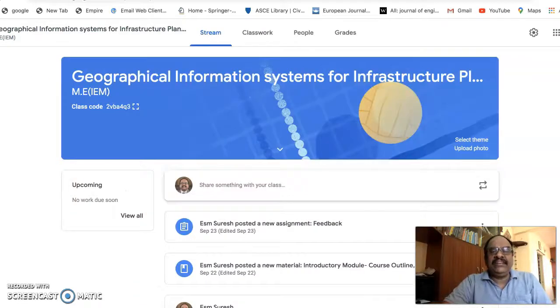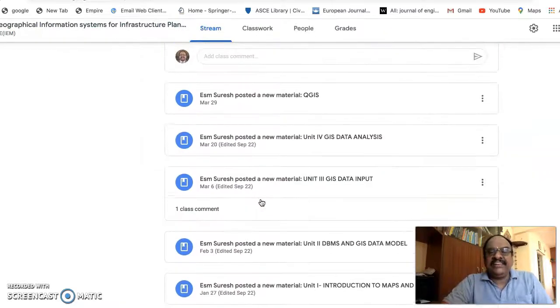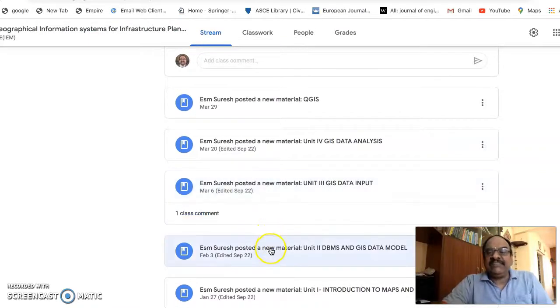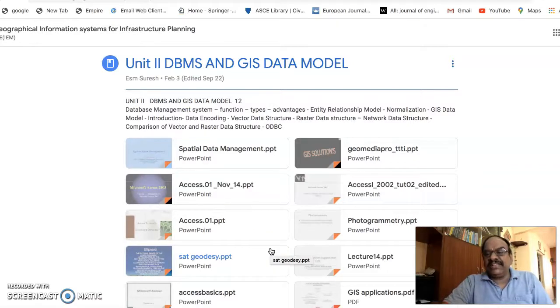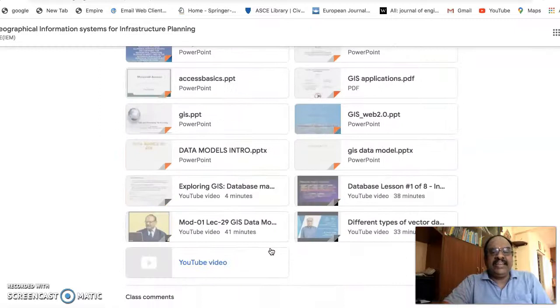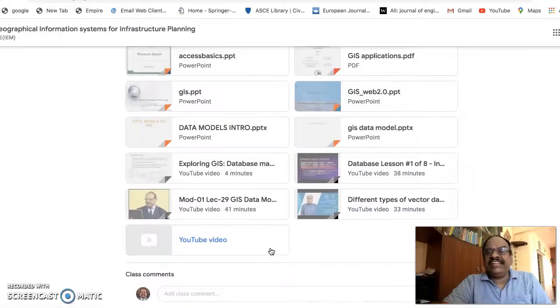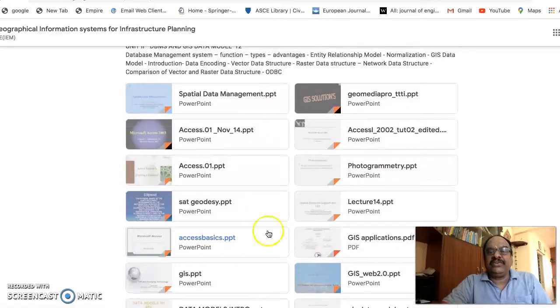The second unit is on database management and GIS data model. We have also developed some tutorial exercises for this program, and I have included all the PowerPoint and the video materials for this particular unit.